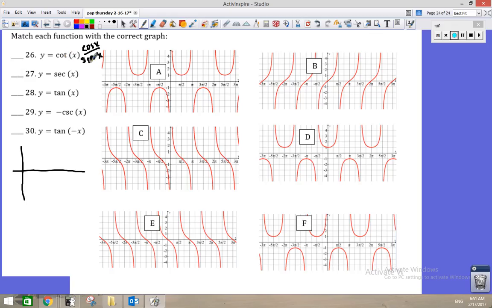Cotangent is cosine over sine, so it's going to be undefined when sine is 0. Sine is 0 at pi and integer multiples of pi. So here in the y-axis are going to be vertical asymptotes for the cotangent, and if this is pi over 2, the cotangent of pi over 2 is 0, because on the unit circle, if you're at pi over 2, you're up here at a point that's 0, 1, and cosine over sine, the x-coordinate divided by the y-coordinate is 0,